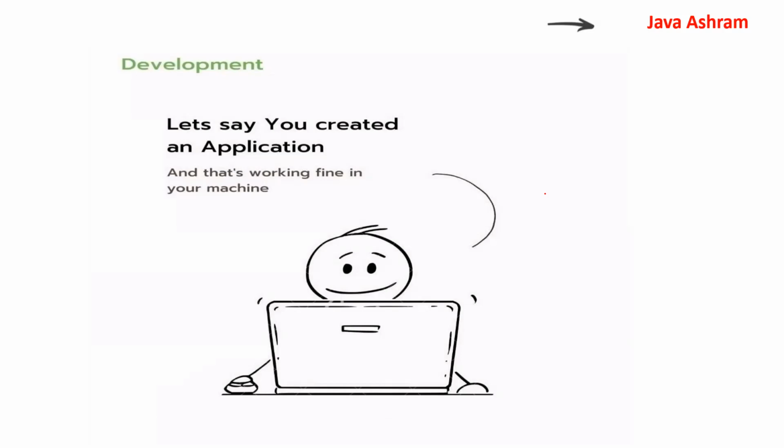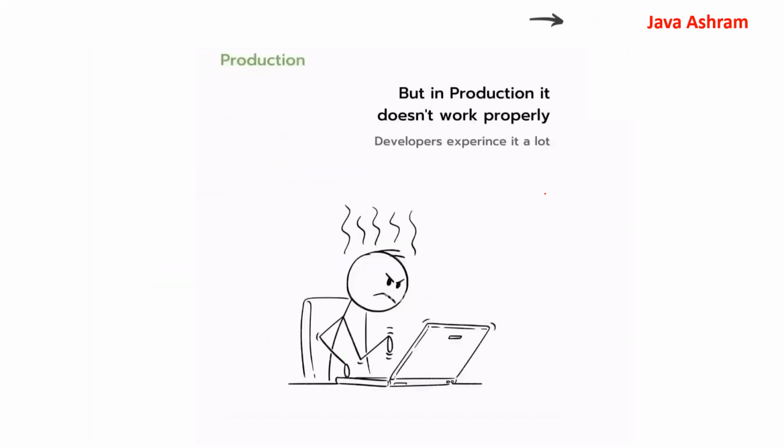You deployed the application in the local development environment, and it's working fine, right? So now the next goal will be to deploy this application to the production environment, right? So in this production environment, you deployed the code, but it seems not working.